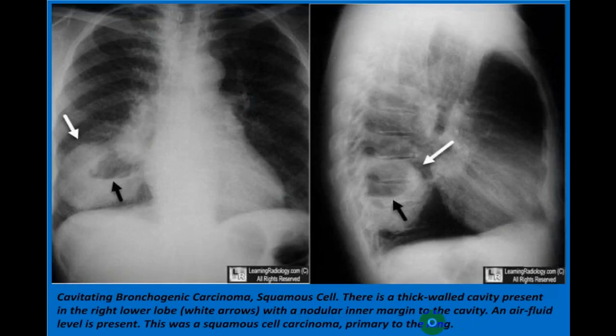But similar, if you see this, it is not in the mediastinum, this is away from the mediastinum, and this is in a posterior part. You can see in a lateral view, this is in a posterior part. So this is a lung abscess in a posterior lobe. This is the posterior portion of the right lower lobe. You can see a very big lung abscess which appears so big. You can see very clearly.